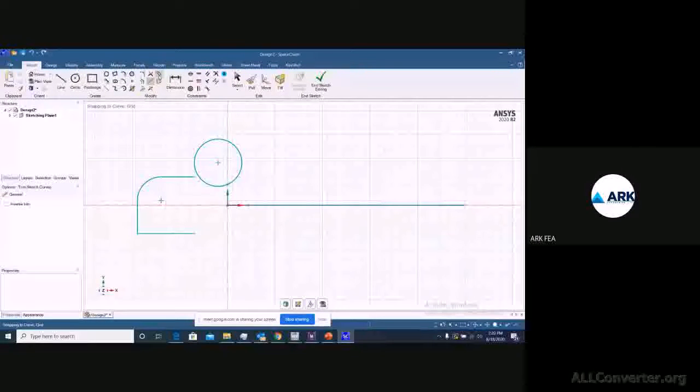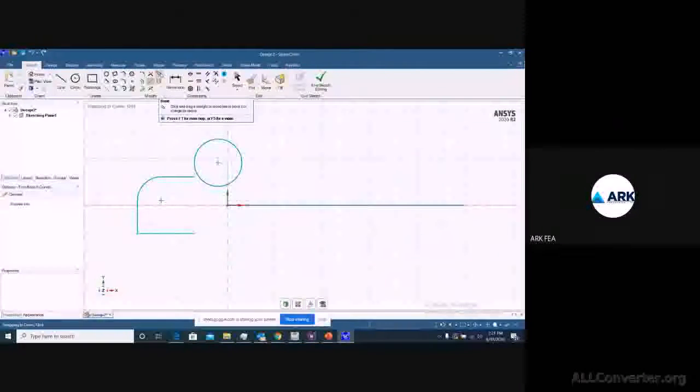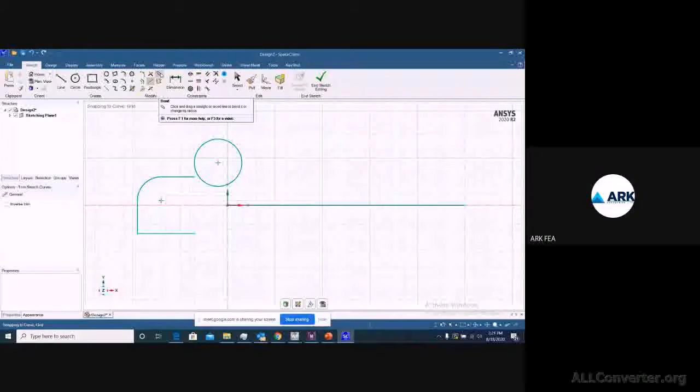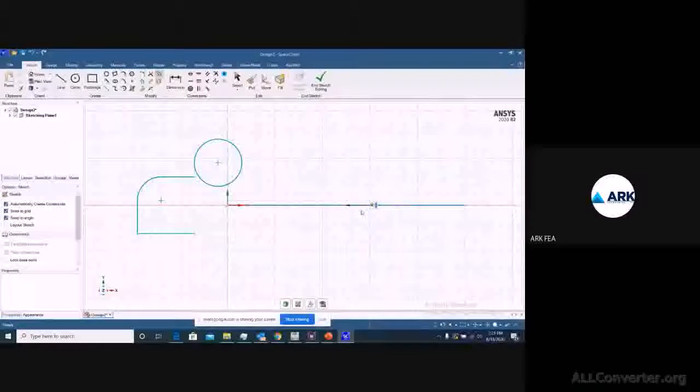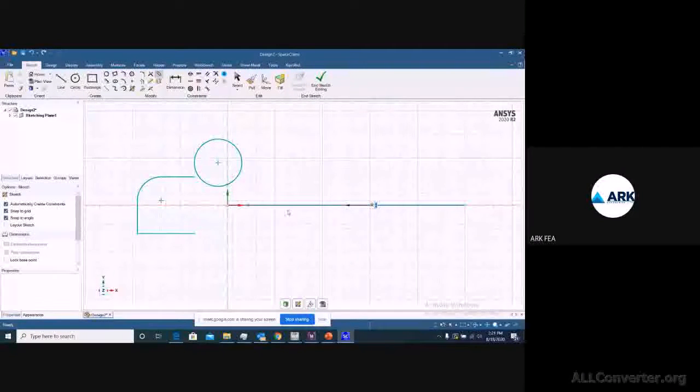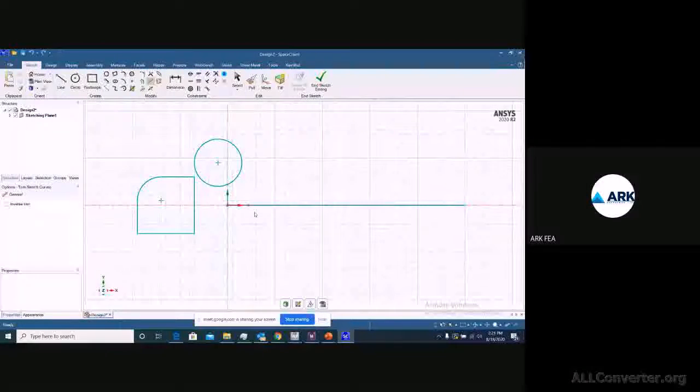this is the blend tool. So if you have any straight line or any existing curve, you can change the angle of it, right? So you need to just select it and define how much you want to make it, right?